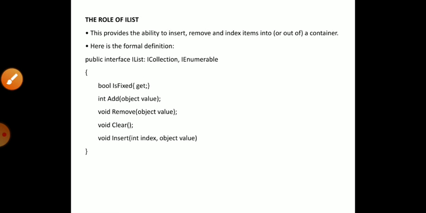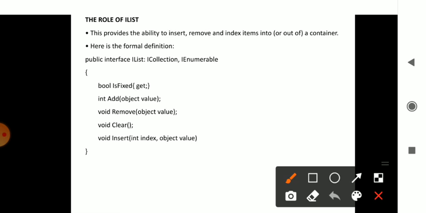And the last one is the role of IList. The number of elements present, which you want to access within the programmatic concept, can be inserted, removed and modified. Those operations are done in the IList concept. This IList has the concept of ICollection and IEnumerable.